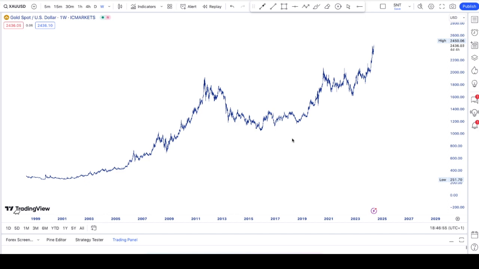But let's get into this one. Now, at the moment on the chart, I have gold against the US dollar. And as we can see, this is all the way back to the 90s. And since the 90s, we can see that gold has been parabolic, continuing to the upside. Now, if you were accumulating gold between the 90s and the 2000s, then you'd be in a very good position at this point. But let's see what's happening in the gold markets more recently.